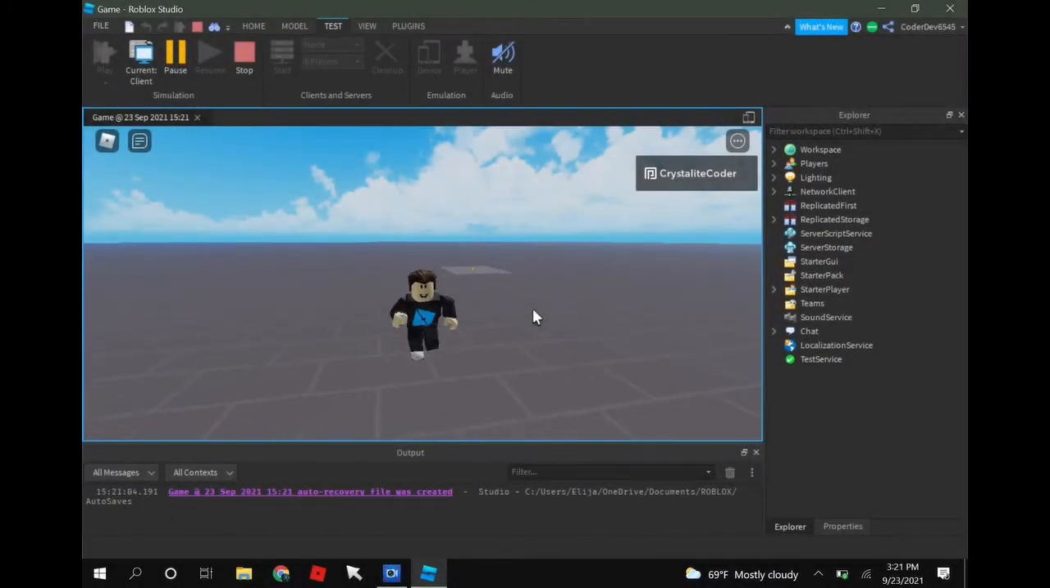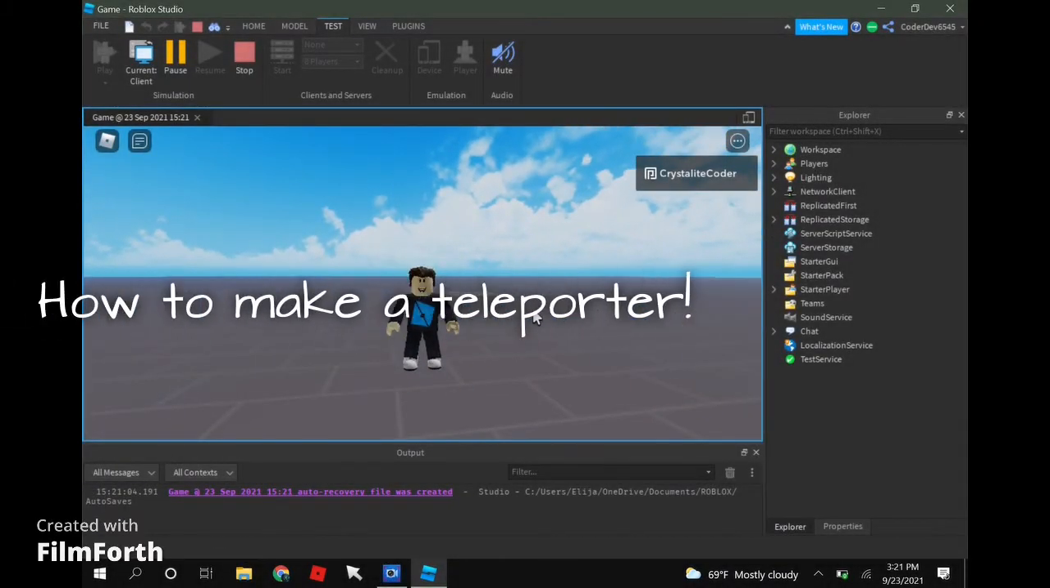Hey guys, welcome back. Today I'm going to be showing you guys how you can make a teleporter in Roblox